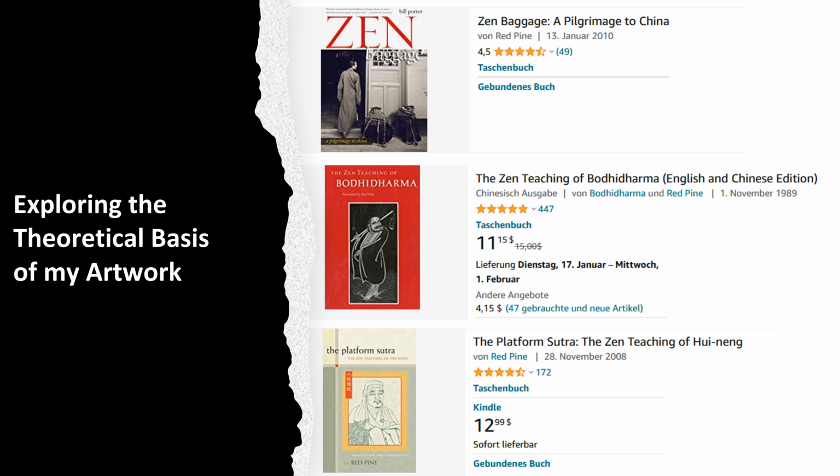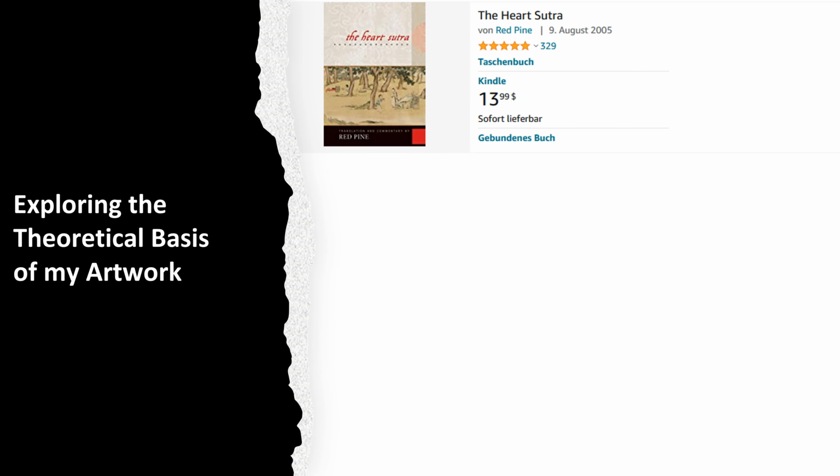What makes this book so compelling is that it doesn't focus on faith, miracles, or wonders, but rather on the practical teachings of Zen. Huineng's teachings are simple, straightforward, and accessible to anyone seeking to deepen their understanding of Zen Buddhism. After immersing yourself in the Chinese Zen masters, I highly recommend exploring the Heart Sutra with Red Pine's expert